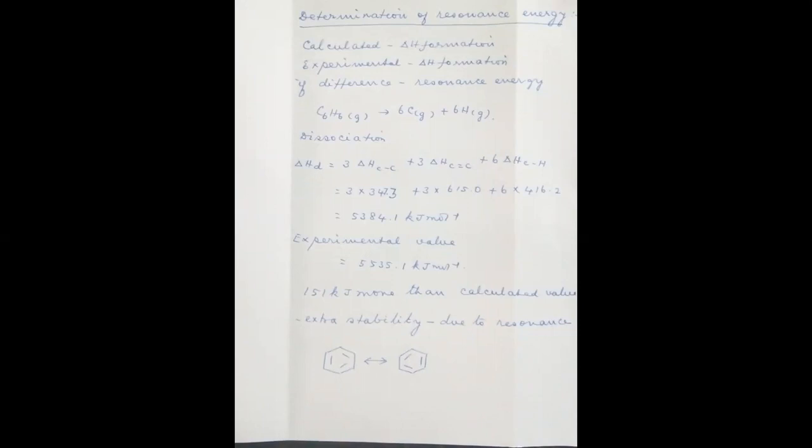So that is why we are assuming the resonance structure like this. The double bond is sometimes here, here and here, sometimes it is in the other carbons. So this resonance is increasing the stability of the benzene, which is called the resonance energy. So with this, we are completing